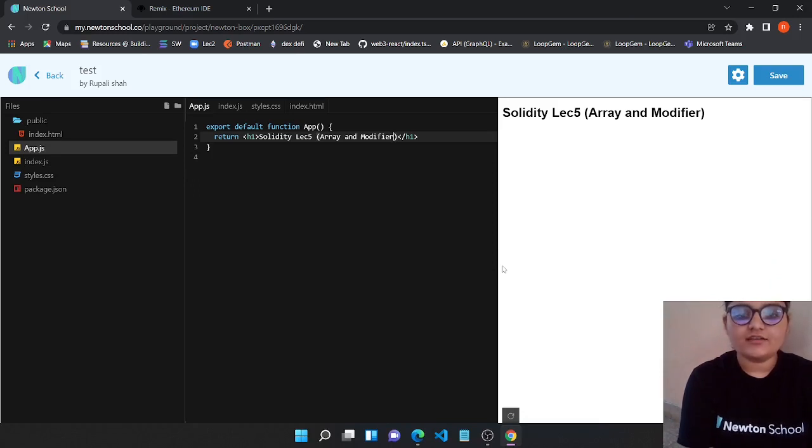So today's agenda would be looking into arrays more deeply. We will be looking at how we can initialize the array, how we can declare the values, how we can push the values, remove a value, and so on. And with that, we will also be covering a little bit about modifiers. Modifiers are something that we will be covering in the second part of the video. First, let's discuss arrays and let's just create an array and initialize values in it.